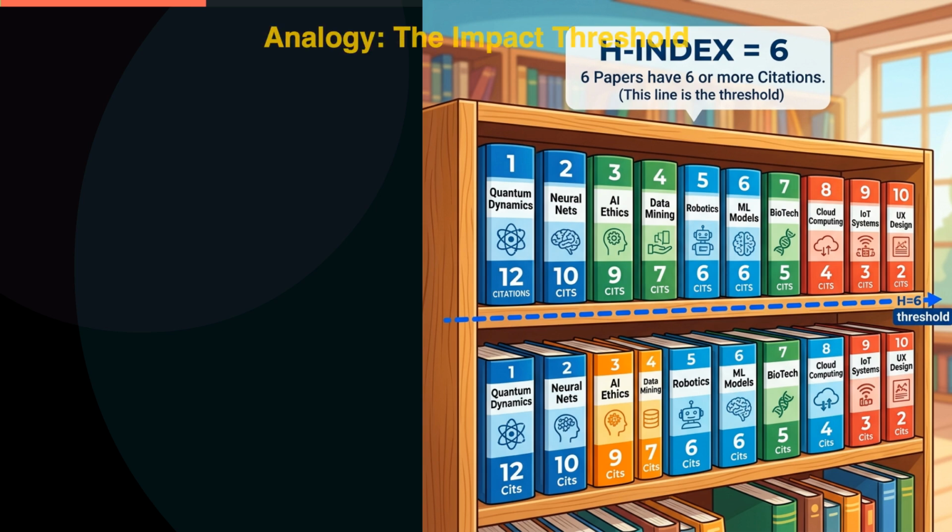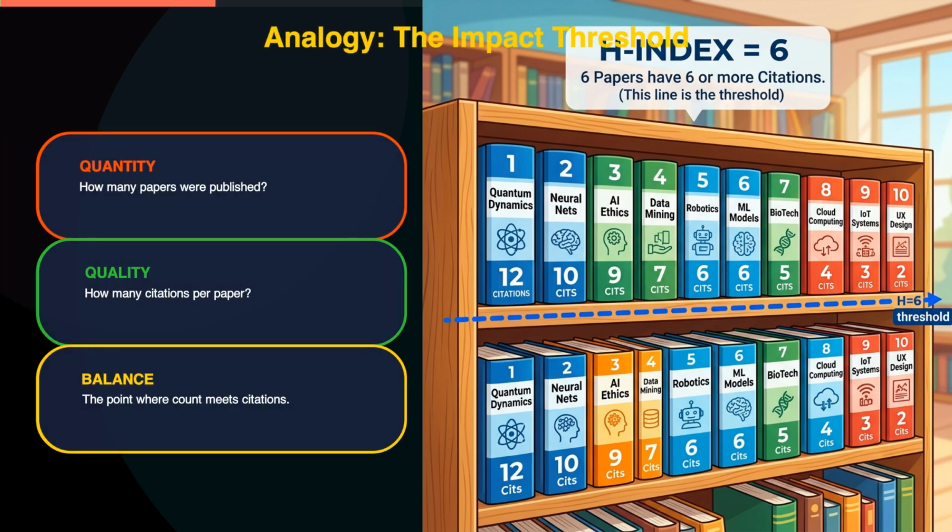Think of it like a bookshelf where you rank your papers from most cited to least cited. We want to find the point where the number of papers on the left is at least as large as the citation count of the current paper. It's like finding the largest square that fits under a citation curve. If you have 10 papers, your H-index can't be more than 10, no matter how many thousands of citations one